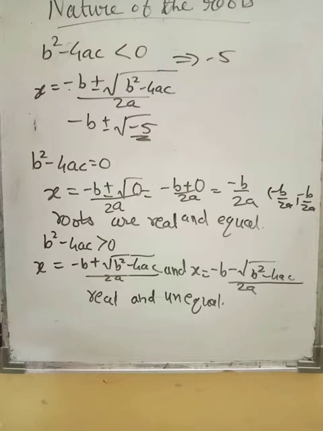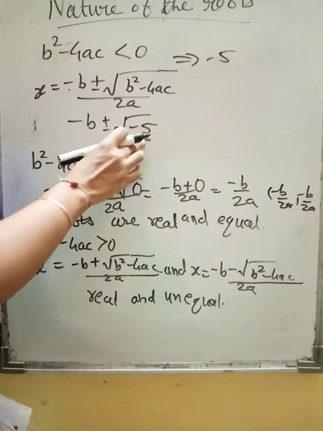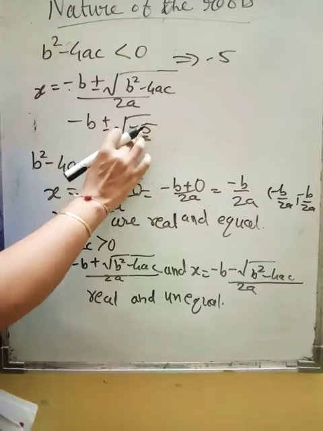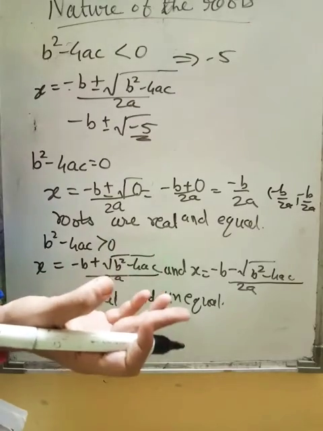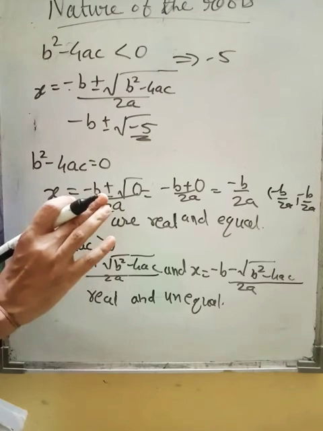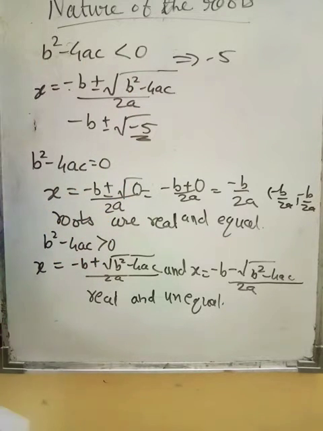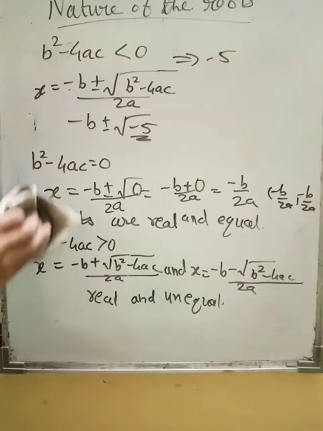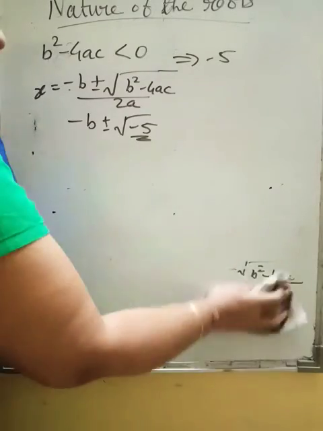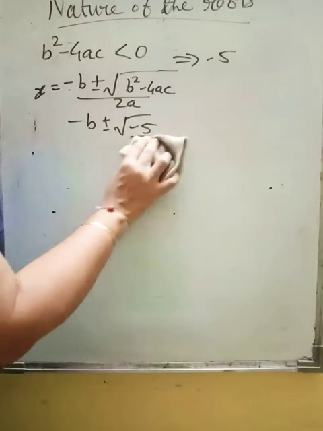We used to have positive whole numbers, right? Positive rational numbers used to have. So that is the problem. You cannot have a minus sign here. So if you have square root of minus, can you find it? Do you know how to do it? I don't know. You have many more methods when you learn mathematics in future in 11th and 12th, which are called complex numbers. But presently you are not aware of square root of minus 5.